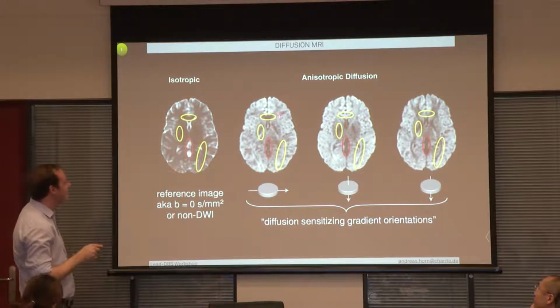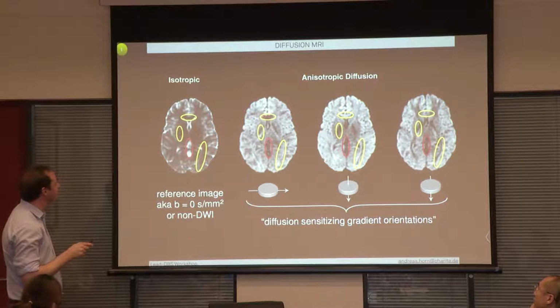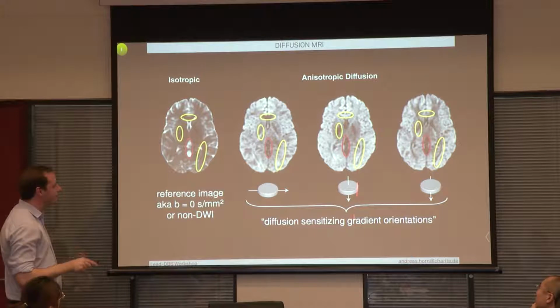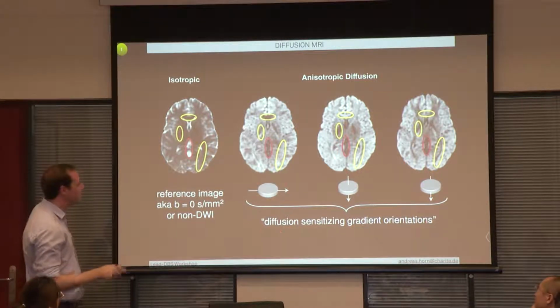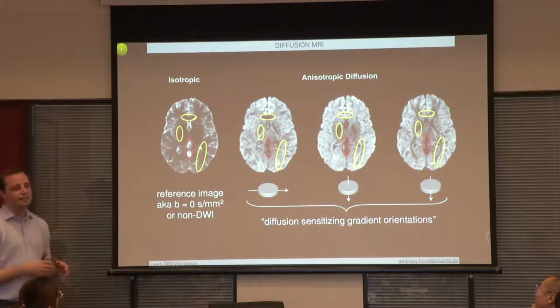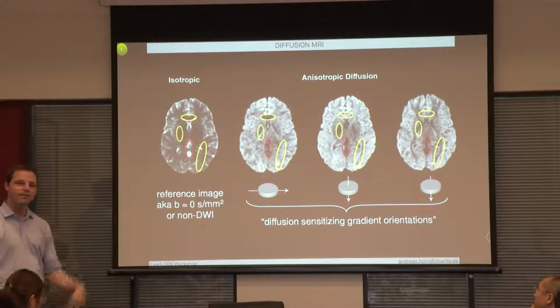Okay, so it's part of the corpus callosum, and diffusion in this direction is strong here, so we get a signal loss if we tag for this diffusion direction. If we tag for this direction, we don't get signal loss here, right? So we can take different images with different diffusion directions, and depending on how the water diffuses, we get more signal loss or less signal